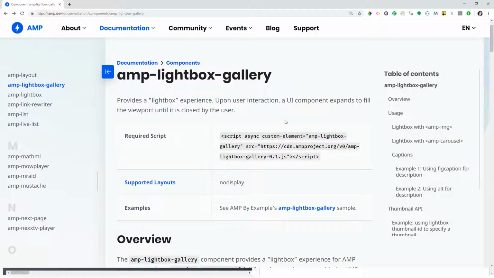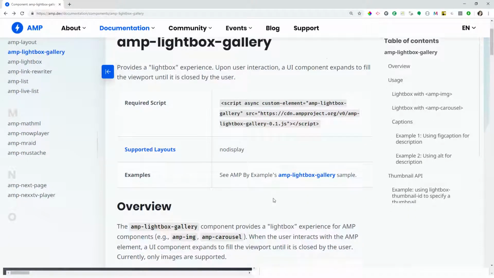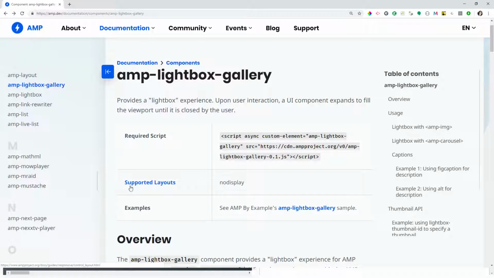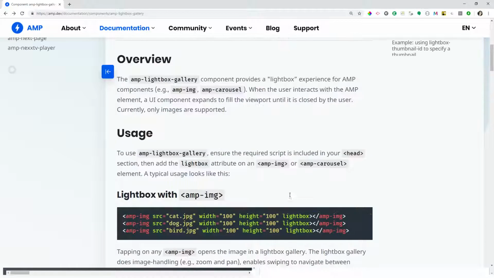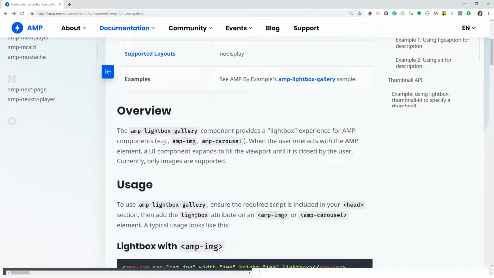This is the AMP Lightbox Gallery, which is another component we need for the requirements. And here they say supported layouts. Supported layouts tells you whether they support the layout attribute and what kind of values they support. For example, AMP Lightbox Gallery only supports nodisplay, so it's not going to support responsive or fill or anything like that. And over here, it says usage.